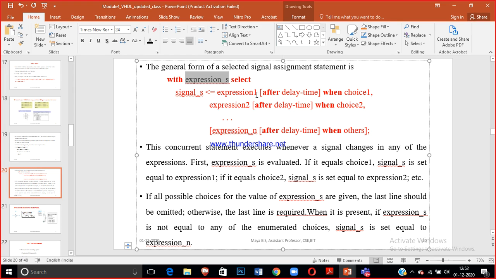With n choices, you can write the general statement as expression n after delay time when others. Okay, this is for the other choices. If all the choices are over, then the last statement should be executed. This is a concurrent statement, executed whenever a signal changes in any of the expressions. The first expression is executed if it is equal to choice 1. The signal S is set to expression 1, that is, for the expression value 0, 0. Then it is equal to choice 1, and the signal S will be assigned expression 1. Or if it is equal to choice 2,